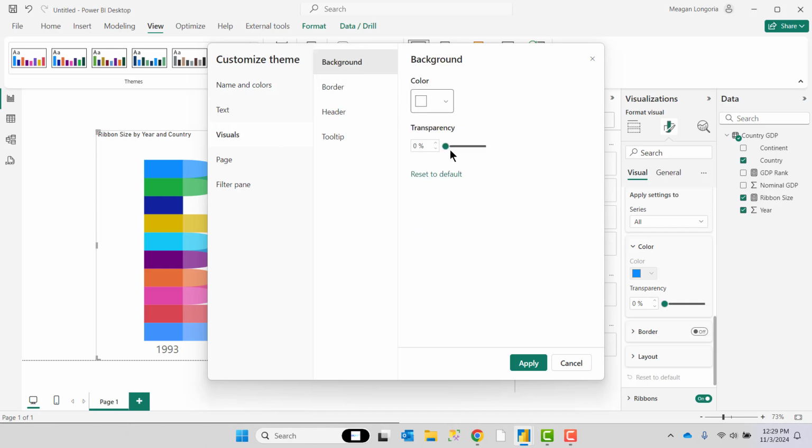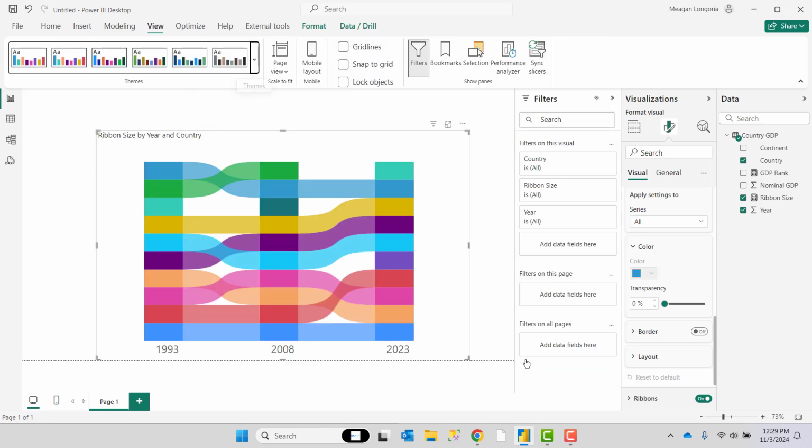And then I'm going to make my background transparent. Okay, that will make assigning colors a bit easier. So we just go through these, and